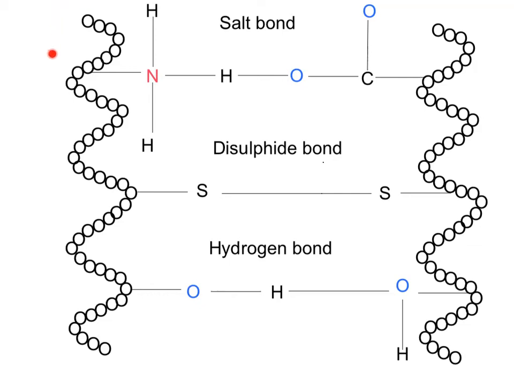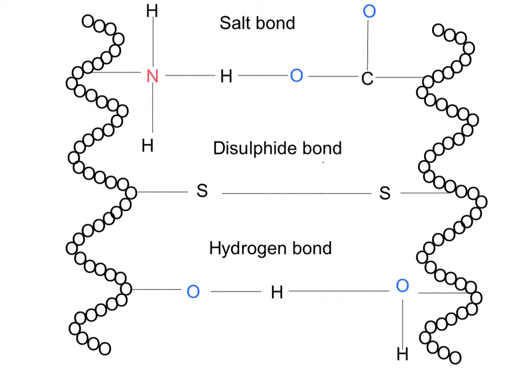This diagram represents the polypeptide chains and the peptide bonds that can be found within the hair. These peptide bonds form bonds from chain to chain, and also they can be found between the coils. The polypeptide chains can be found in the cortex of the hair, and there are three different types of peptide